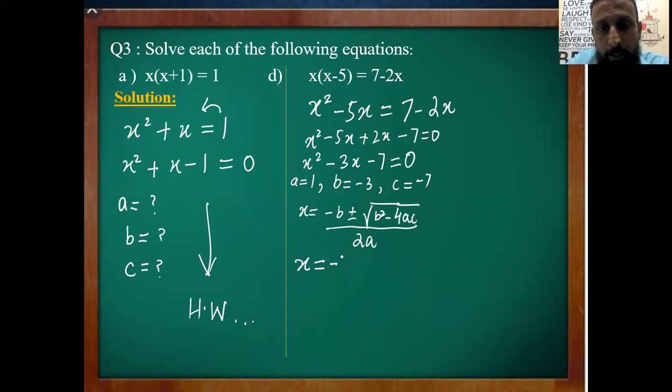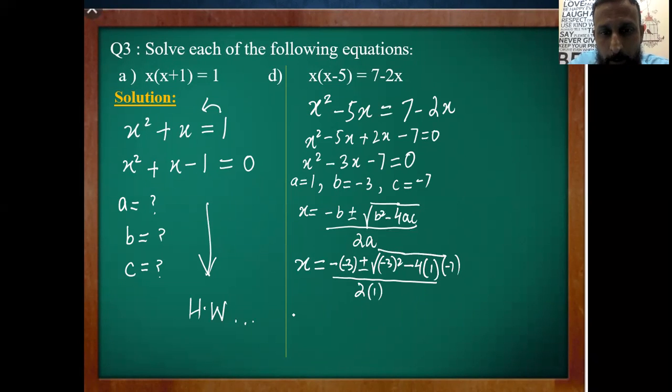Negative negative 3 plus minus under root negative 3 squared minus 4, the value of a is 1 and the value of c is negative 7, whole upon 2 into 1. Okay, so x equals positive 3 plus minus